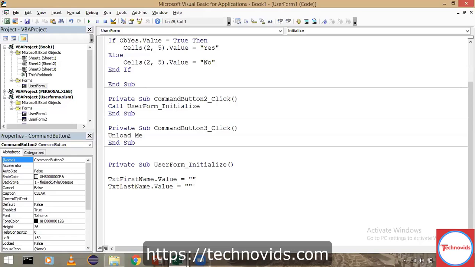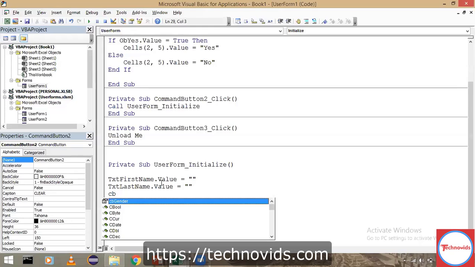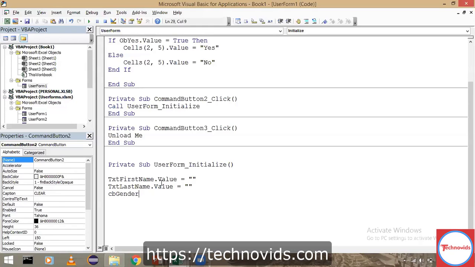And the next thing is your gender button. That's a combo box, in fact, cb gender. Now in cb gender, currently there are no values. We will have to add values to that. That's what happens in the initialization. So I would write with cb gender dot add item. What are you adding? Male. Same way dot add item female. So I'm just adding items to your combo box. That needs to be done within the initialization part, right?